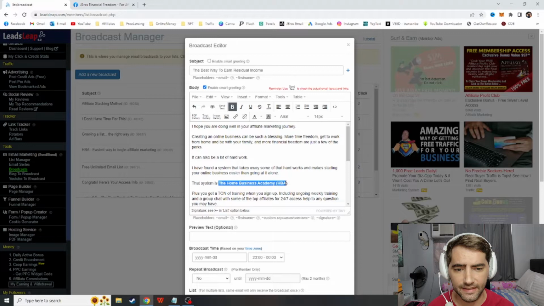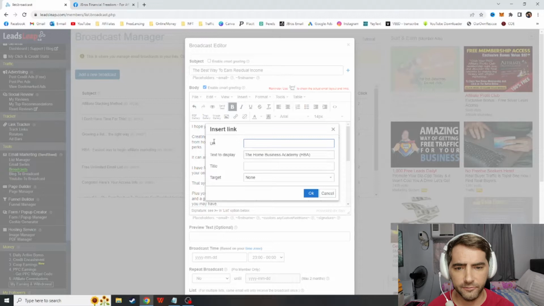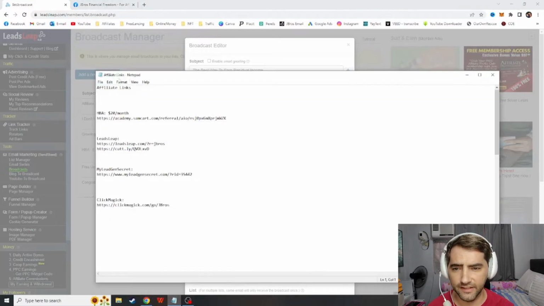So all I'm going to do is highlight this whole area. I'm going to go to this, it looks like a chain, and it says insert slash edit link. So you're going to do that right here where it says URL. You get your affiliate link, which I have in a notepad here. So I'm going to use this affiliate link,